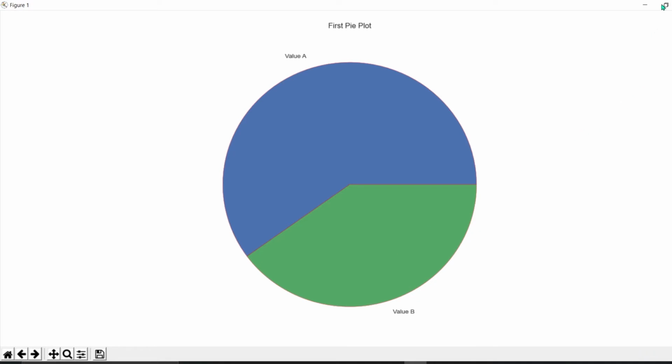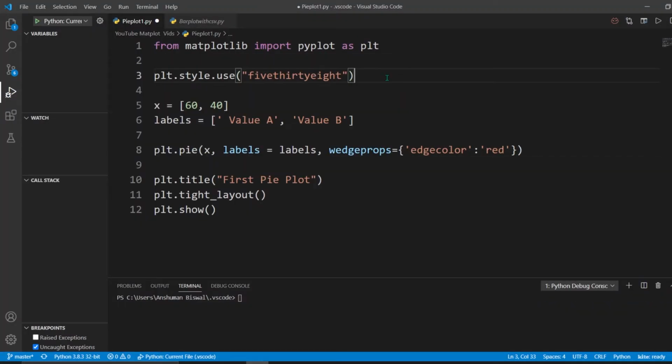So that is the wedge color. Now that you have seen the basic pie plot, let me just change the style. Instead of Seaborn, I have taken 538 as my style, and let me put some extra values here. So we'll take like 20, 50 and 30